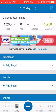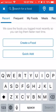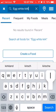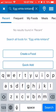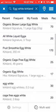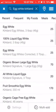So let's just say you had an egg white omelet. So let's just put in egg whites and just put in the brand maybe. So Kirkland, which is the Costco brand. So you'll notice here there's a lot of entries, and the reason why MyFitnessPal has such a robust database is because